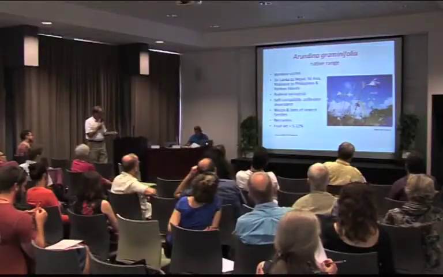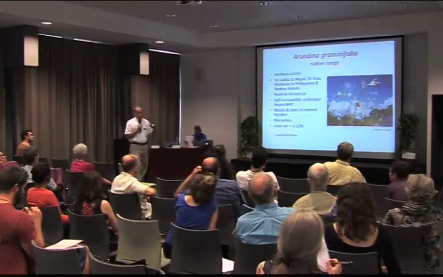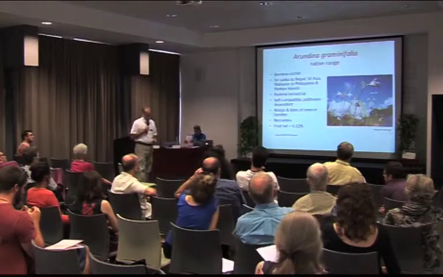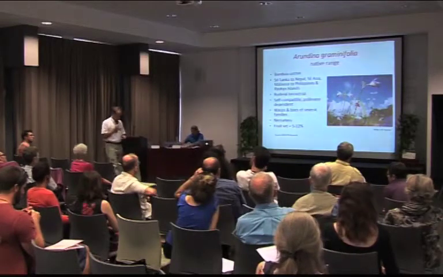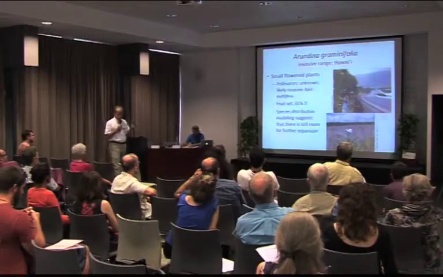In its native habitat, well, there's only one recent study that shows that wasps and a variety of bees from several different families are the pollinators. And fruit set is 5 to 12%, which is, you know, halfway decent for a deceptive orchid, as most of you know. Okay, in the invasive range in Hawaii,